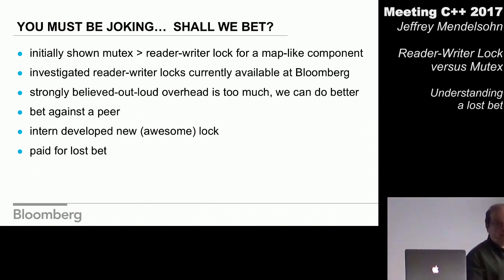So I looked at the reader-writer lock itself, and this is where badness started. Our implementation that we were using was based on atomics, but from looking at it, it looked like it was doing 3 to 5 times as much work as it had to be doing. So surely that inefficiency was why Mutex was beating our reader-writer lock, for sure.